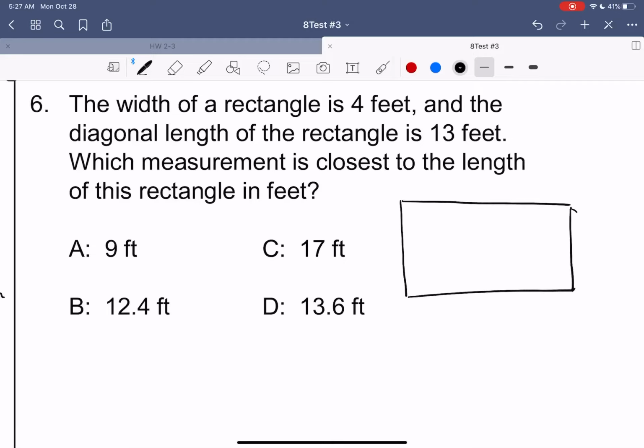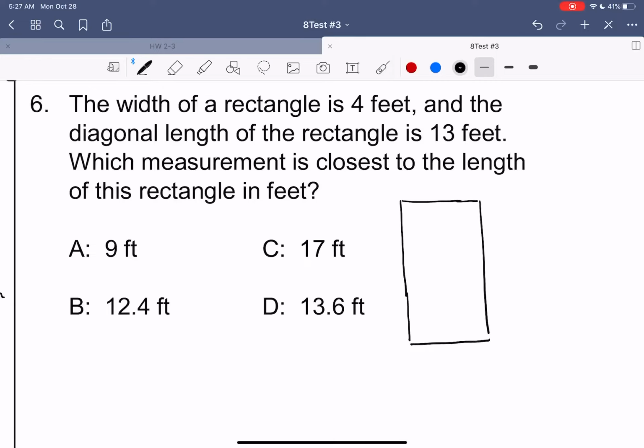So the width is 4 feet, and the diagonal length of the rectangle, so they took this rectangle and they divide